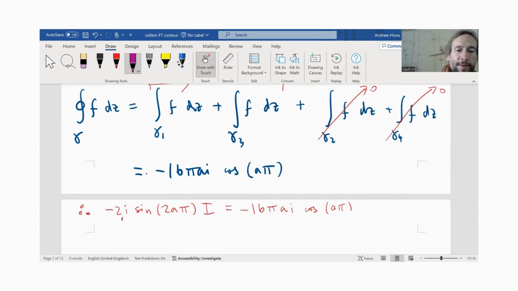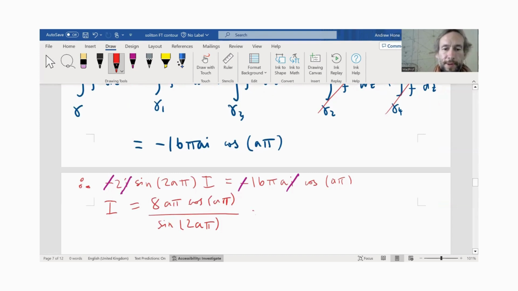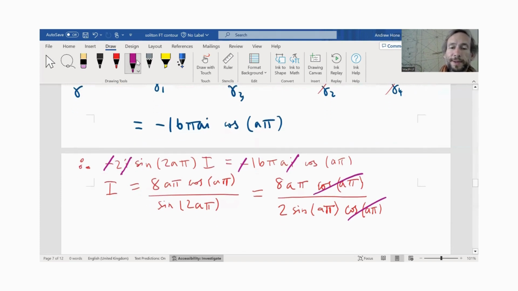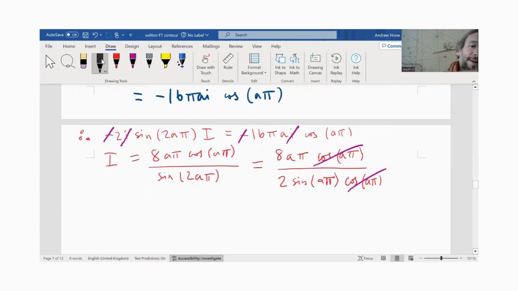We can cancel the i's on both sides. We can cancel the minus signs. But then with the double angle formula, that gives us this. So now you can see that these cosines also cancel, and then there's another factor of 2 that cancels. So finally, the answer we get,